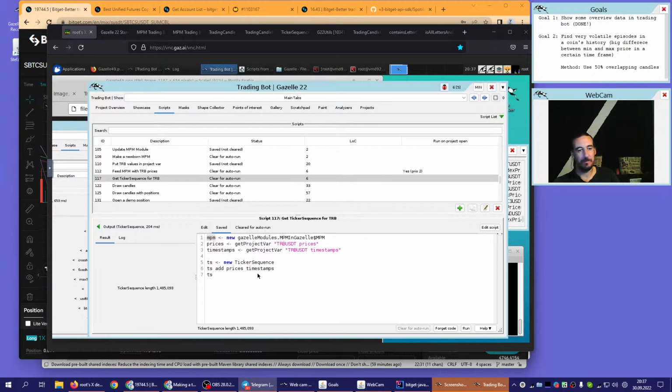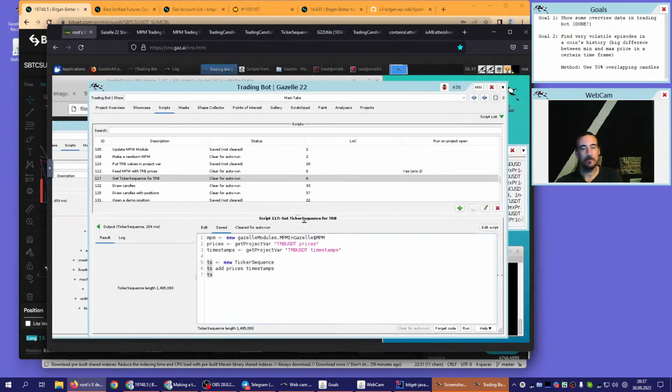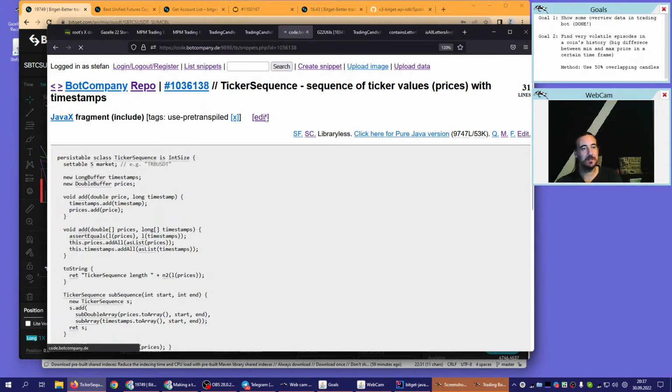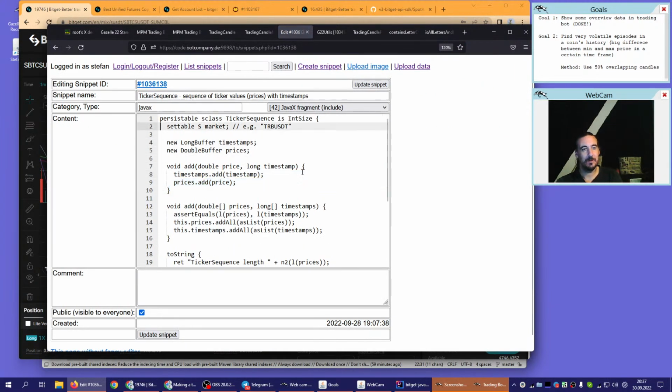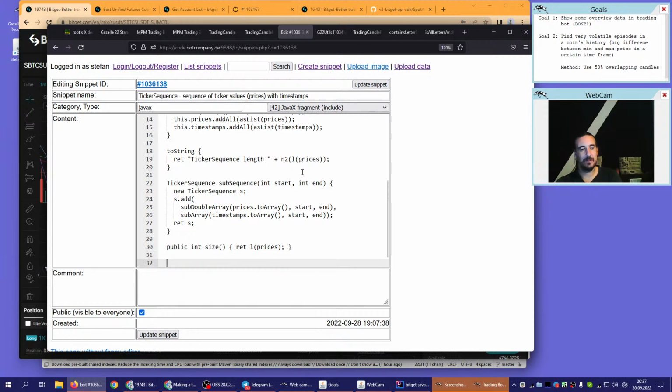Work with this one coin. Only a few minutes left anyway. So we have these 1,400,000 ticker entries. So the price history of this coin for how long? Let's put the time span in here. Ticker sequence has a beginning time and end time, right? So these are the timestamps. Size is the number of entries, and time